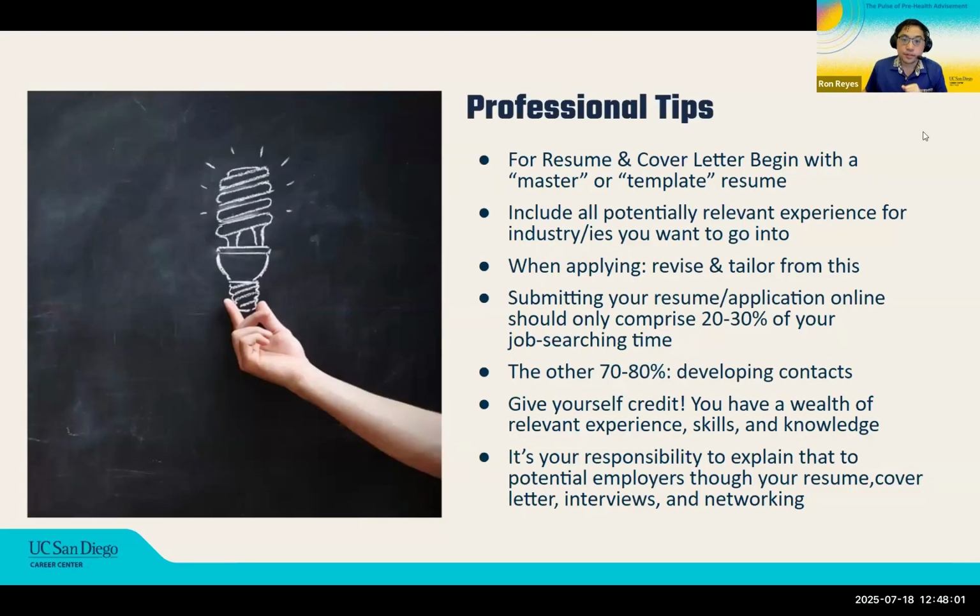Some other key professional tips, right? Start with getting everything that you want to communicate on one resume first. Once we do that, that becomes our template for then customizing to the position and the company or organization we are applying to. So it's okay to have everything all in one place. And then for places and industries we're applying for, customize and tailor and revise as necessary to make it